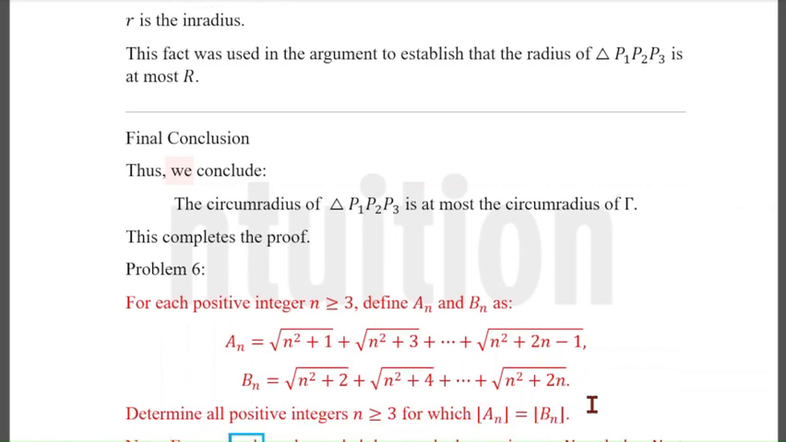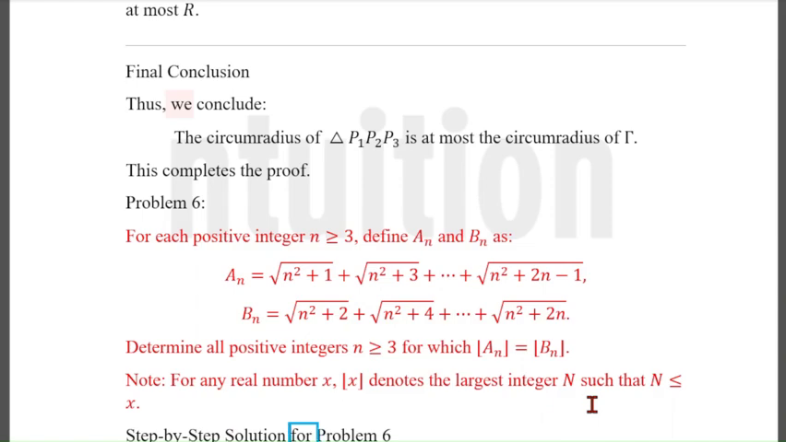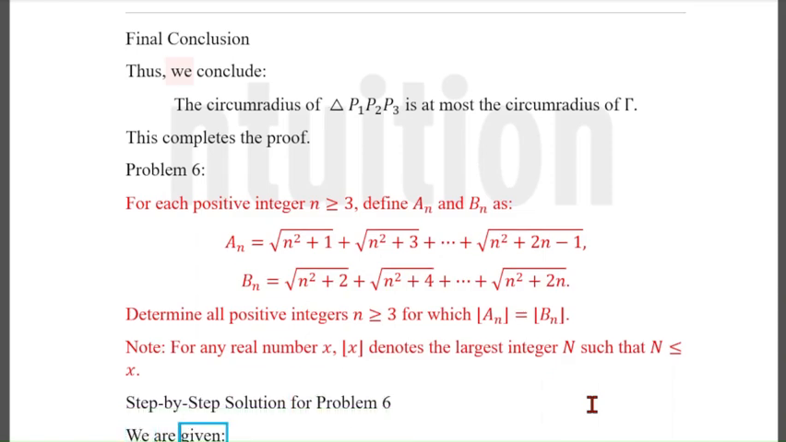Note, for any real number x, ⌊x⌋ denotes the largest integer n such that n is less than or equal to x. Step-by-step solution for problem 6. We are given